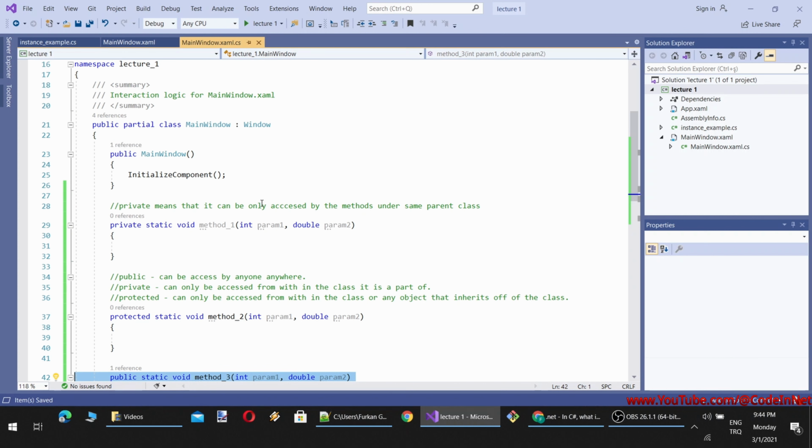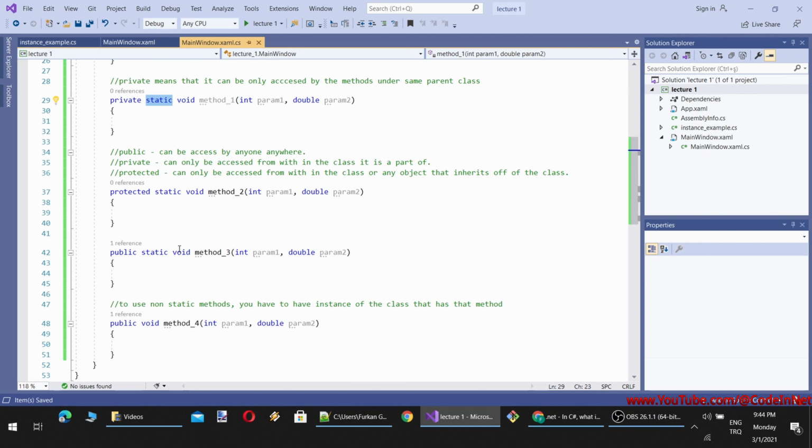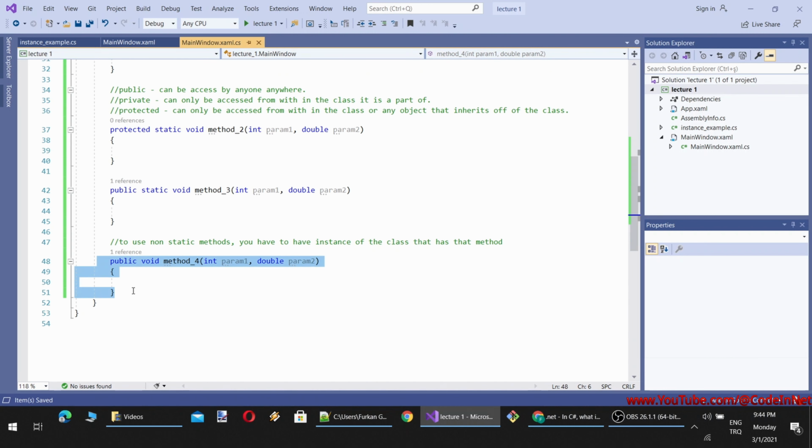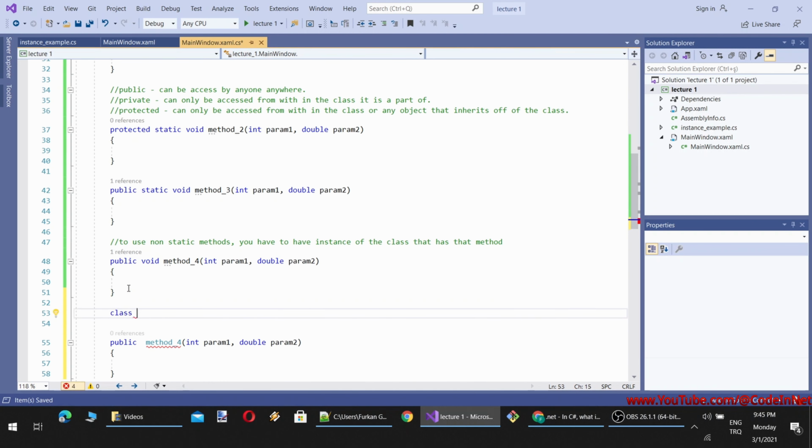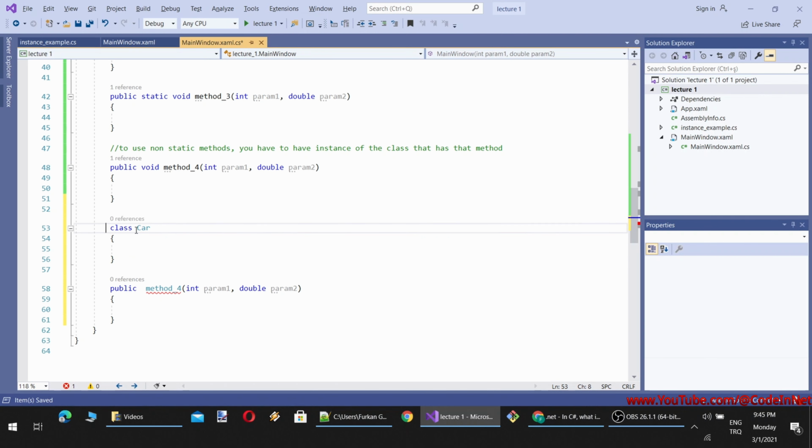Now we have remembered what public, protected, private are, what static and non-static are, and what void is. Methods with a return type can return anything, any class. Let me show you an example. So I will define a class here. Let's name it class car. So class car is by default private. These methods now can return car type. So for it to work, I have to compose a car type object. My object, say my car, equal to new car, and return my car. Okay, now this method will work.